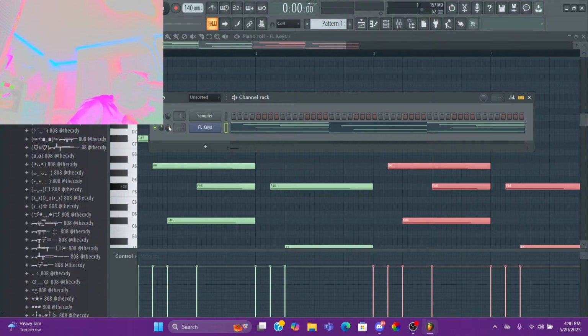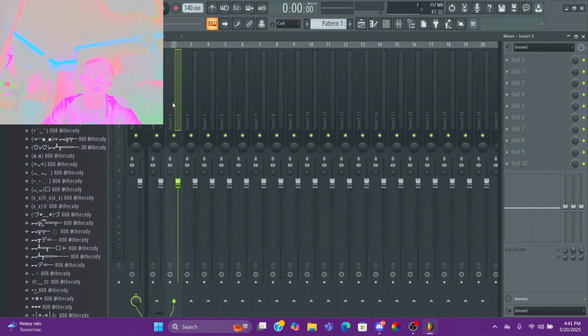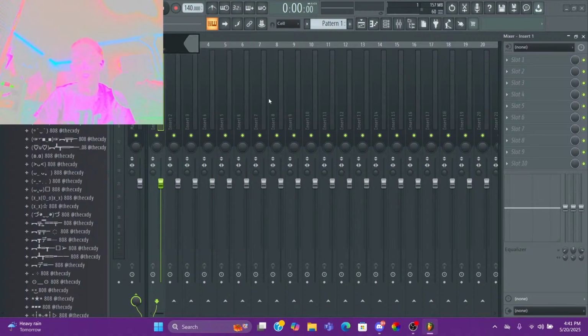But let's say, that's kind of what I'm trying to do, like how to make your first beat kind of vibe. I'm not trying to go too complicated with it. So I'm happy with doing something like this. So let's say you want to add some reverb, some kind of effects to it. We'd go over here and put this to insert one, or whatever insert you want, and then right here it's going to say view mixer. You're just going to click that, and since we put it on insert one, this is going to be our insert one. So you can right click that and rename it so you can remember what you've put on what insert. So we'll just put that in as piano,